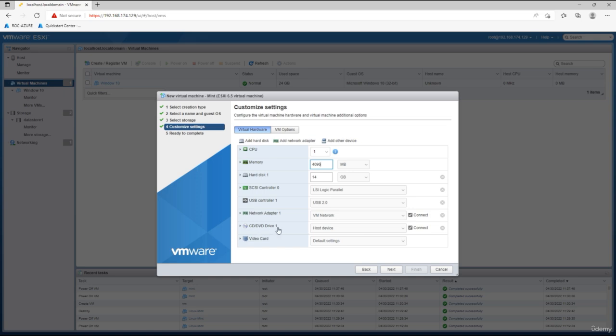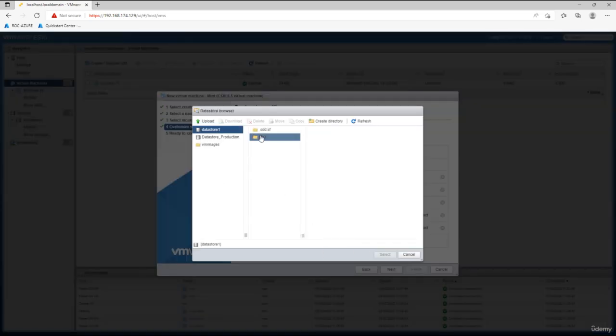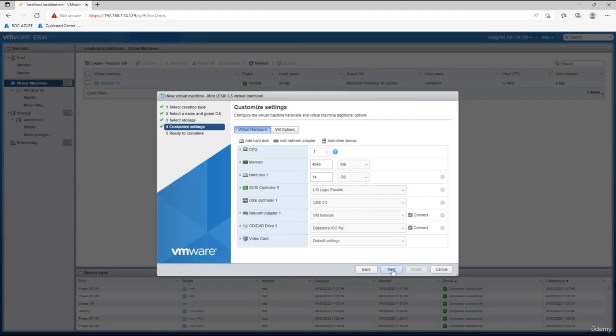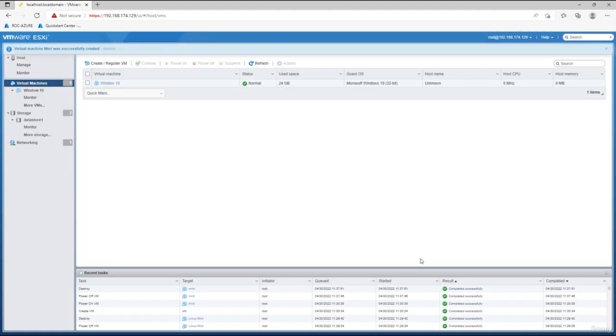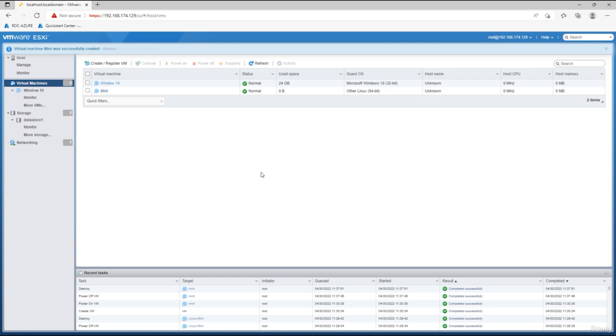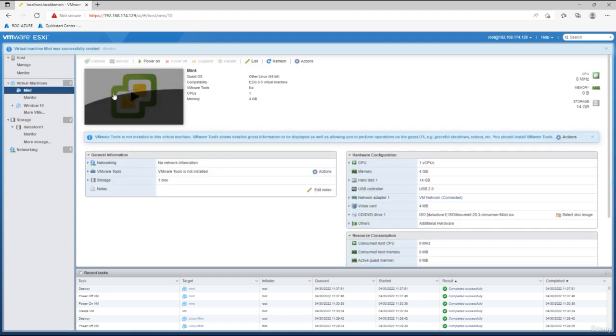I'm going to go to the DVD host device, click on that, select the data store ISO file, click ISOs, select Linux Mint, click Select, click Next, and click Finish. This will go and prep that Linux VM for us. So once we've got our Linux VM ready to go, click the play button,